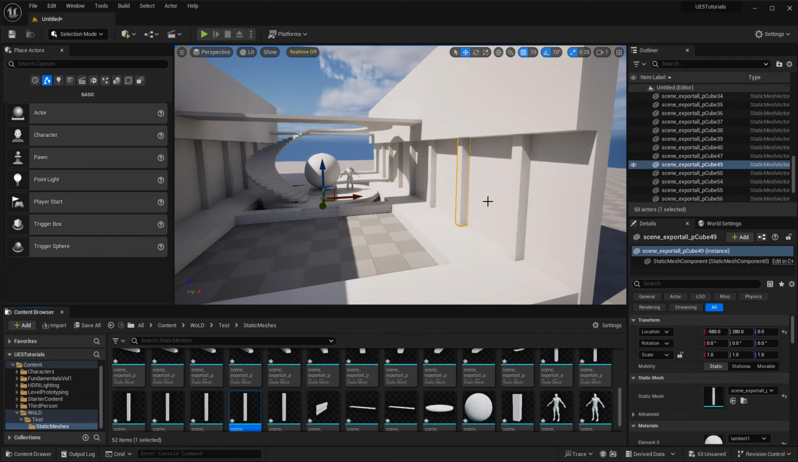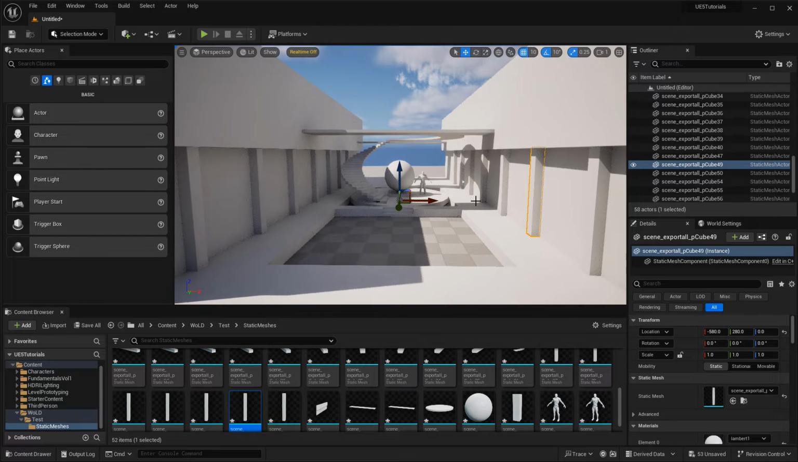So here's the second one. So it's not very performance friendly. And if you wanted to replace them, you would have to delete them and then just take this one and replace for all the other ones. So that way you have only one of these static meshes inside the content browser, but it gets duplicated inside